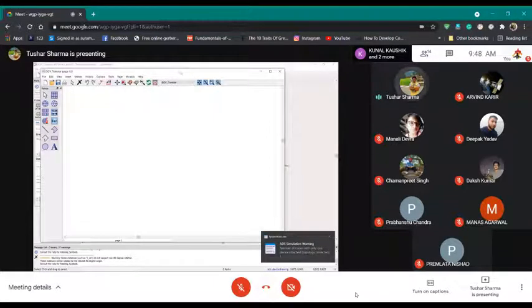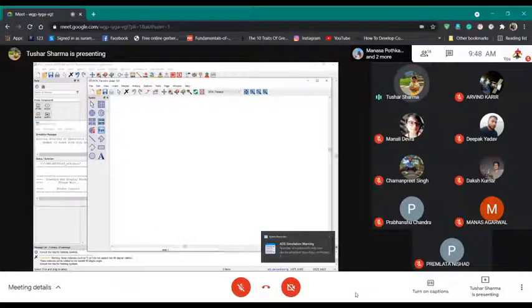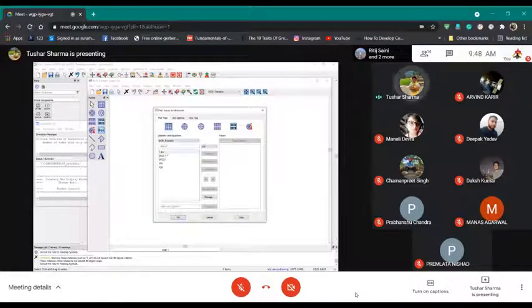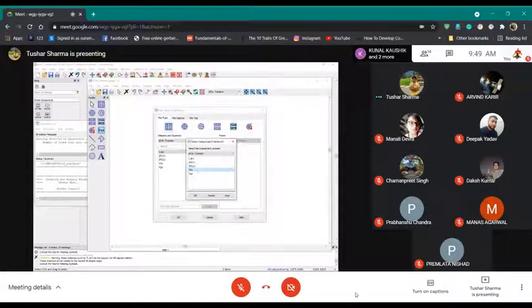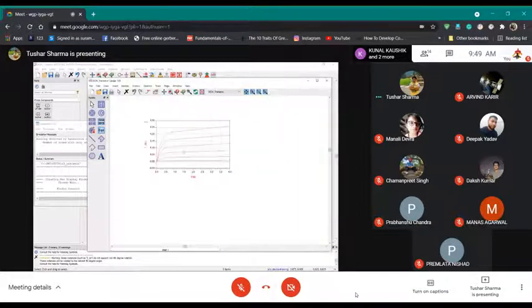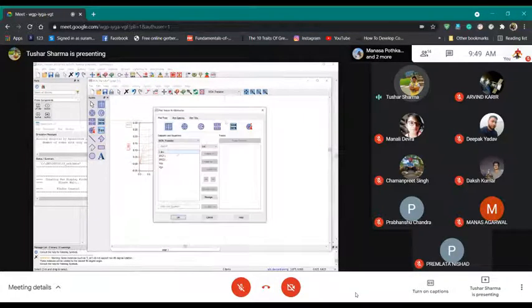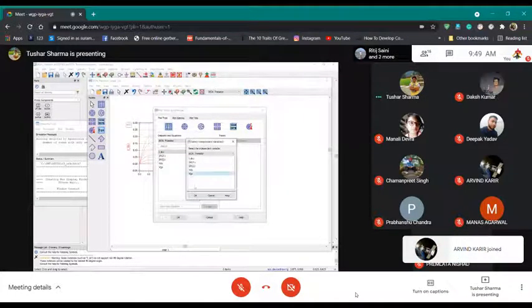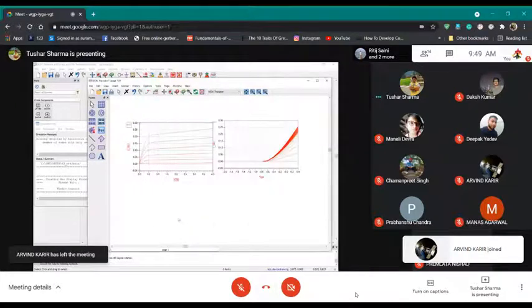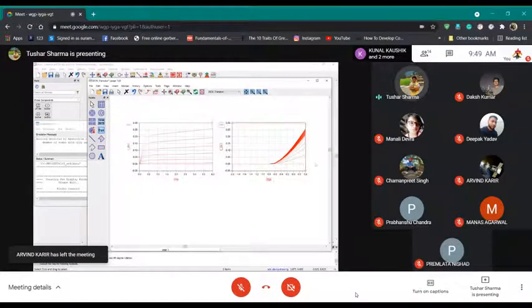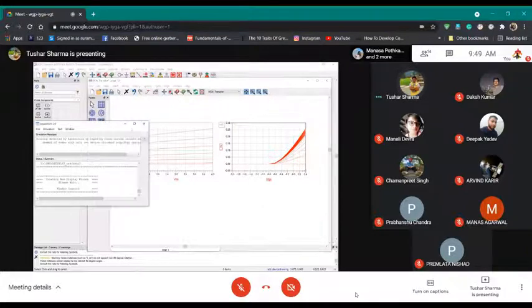Once the simulation runs, a data display window will open. You hit the rectangular button, and what do you want to plot? You want to plot IDS versus VDS. Beautiful. And you want to plot IDS versus VGS. Because now you have a lot of VDS, so many curves are coming. We will look into it later. So tell me first, is everyone able to get this curve, IDS versus VDS?